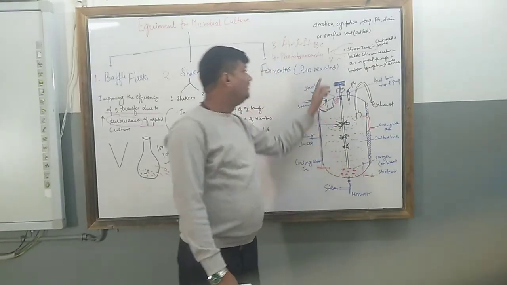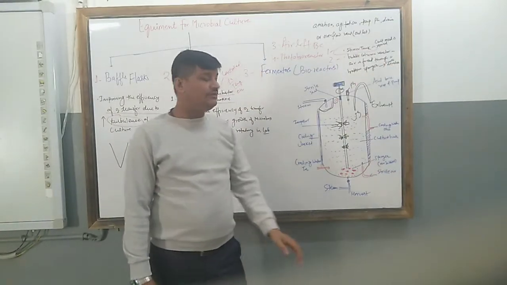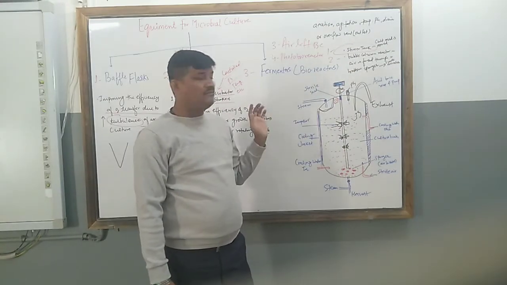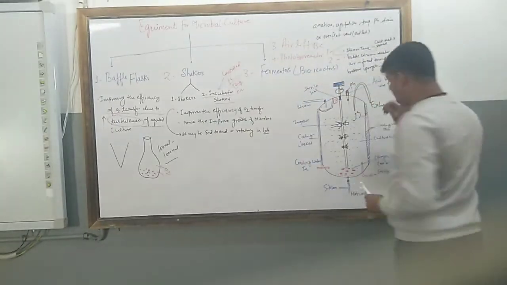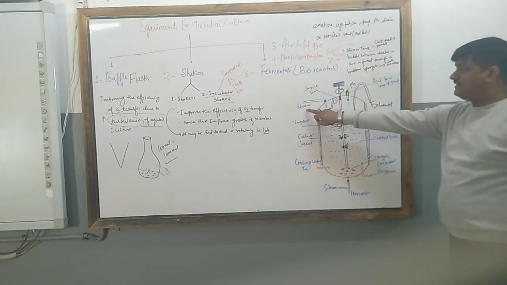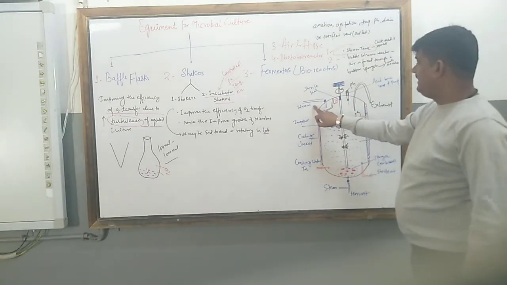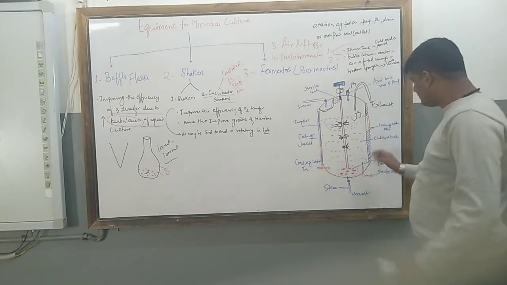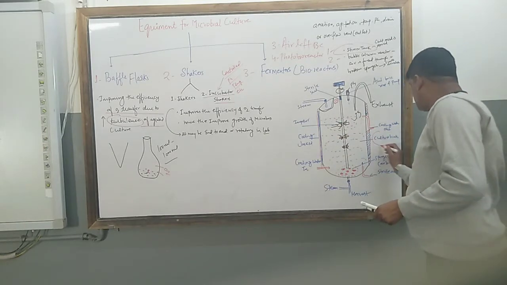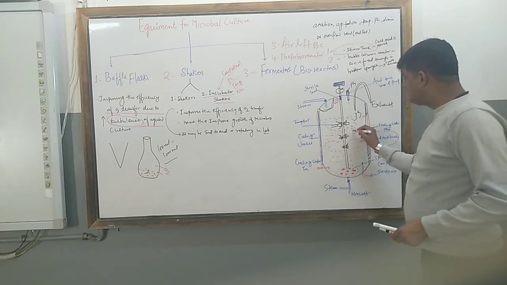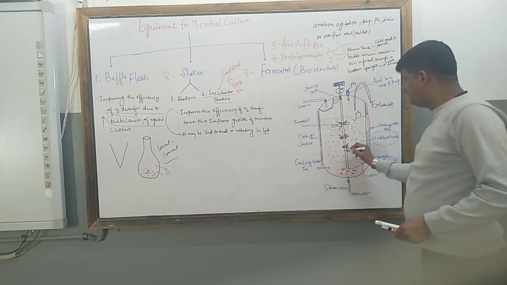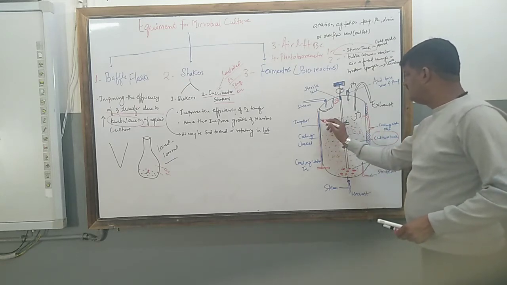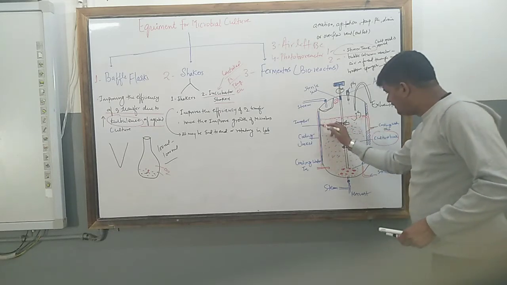Now come to the main stirrer type bioreactor. You can see that this is a design of a stirrer type bioreactor, and here is the steam, and this steam goes to the culture medium, and this red dotted one is the broth culture. What is that? Broth culture or culture broth. Why are we calling this broth culture? Broth stands for the liquid medium, and agar is used for the solidification.